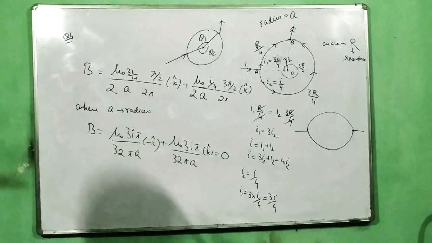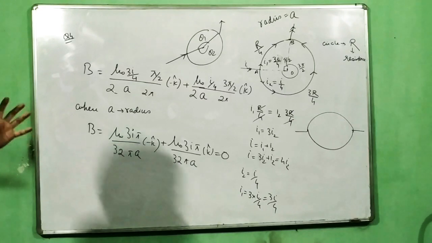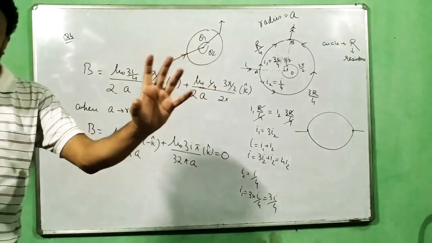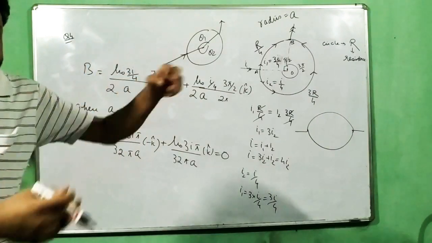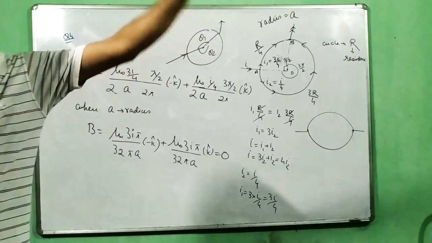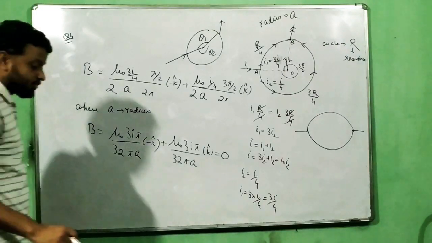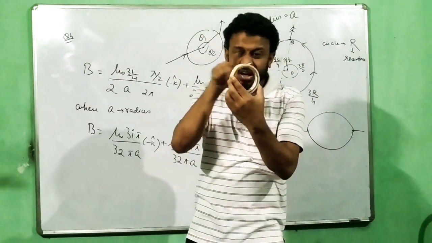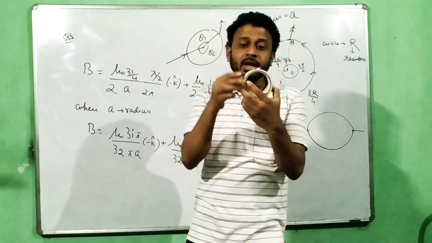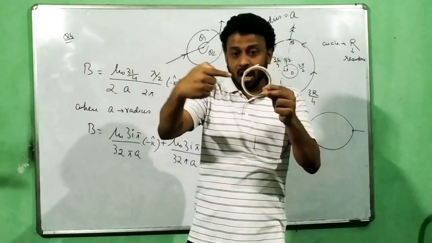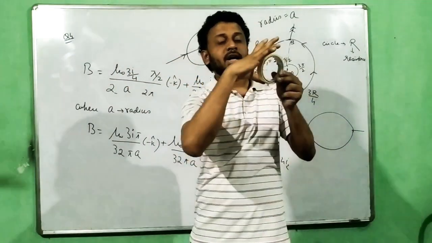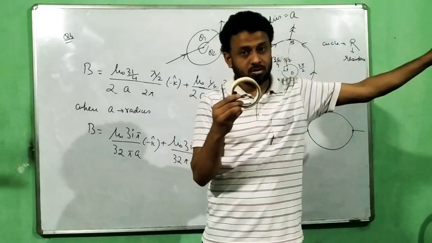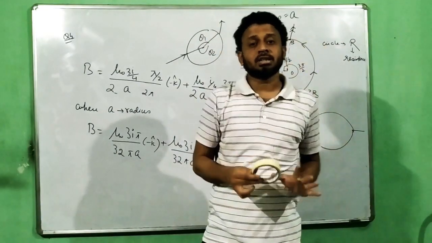So when the current comes from outside, enters a loop, in that loop it divides, recombines, the field at the center of the loop is 0. See, a loop has a field. If I have a loop, it has a field. What I am saying is, if a current comes from outside, then divides, one goes here, another goes here, and then again recombines and goes out, in that case the field at the center is 0.